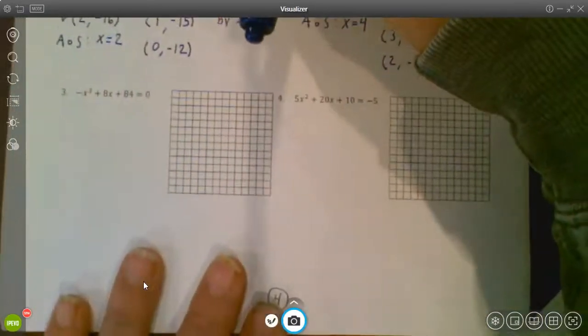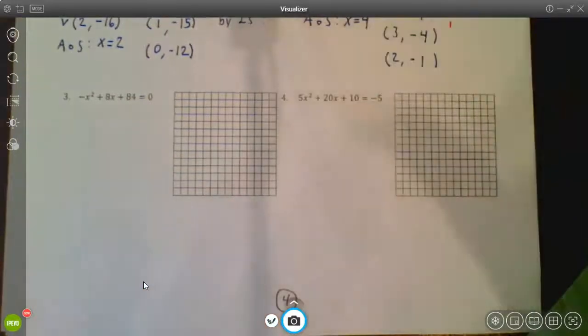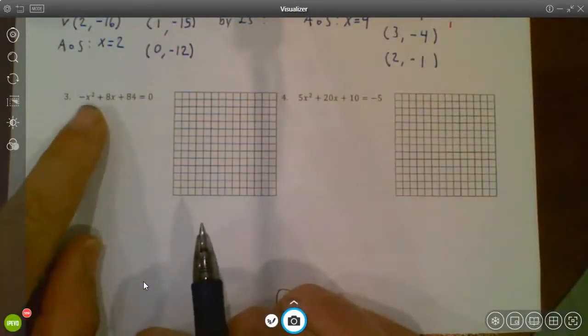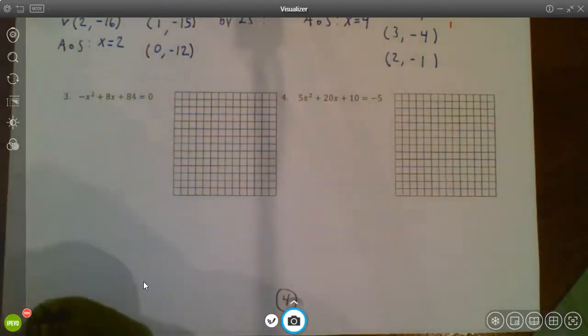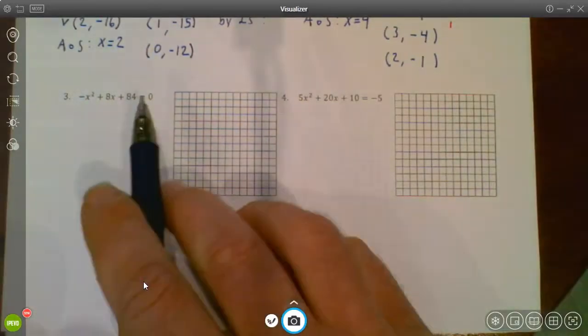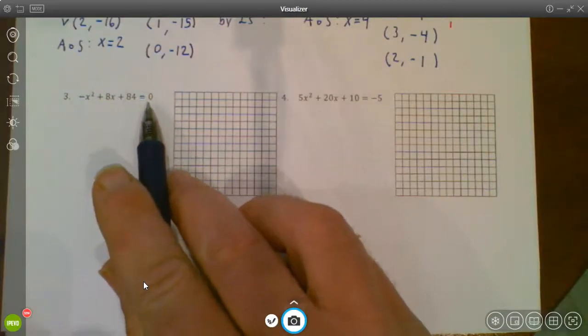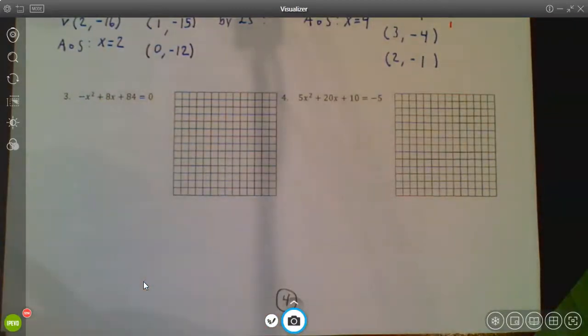All right, let me take you down to these guys. This will be the same process, but these start out with slightly different scenarios here. As I look at this one, one of the things I'm seeing is that negative right there. I really don't like my leading term to be negative if I can help it. One of the things that we can do, because this is something that equals 0, is I can